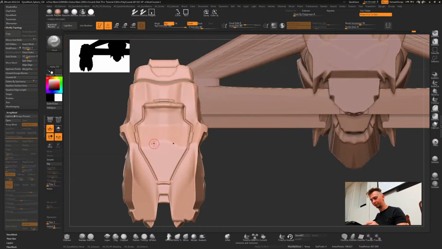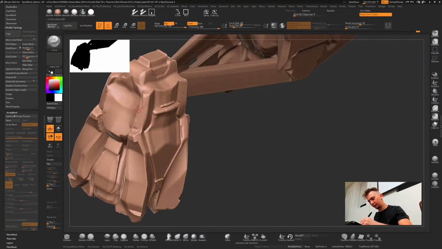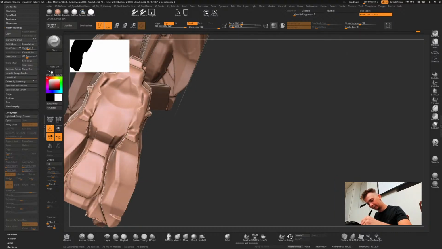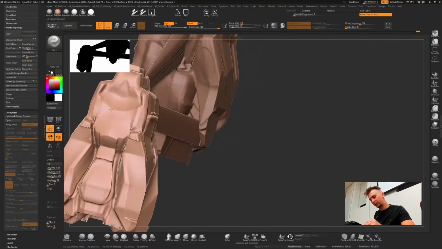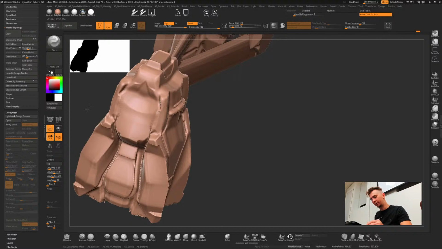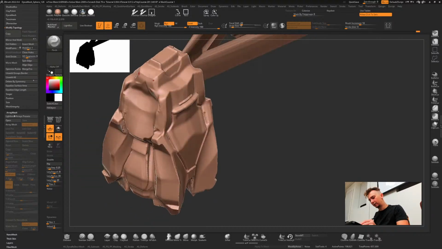If you grab something like a pinch brush and crank up the intensity to the max, you can do weird stuff. It's especially useful on things like corners. With lazy? Let's try that. If I pinch the hell out of the form, you can almost use it as a creasing or beveling tool.